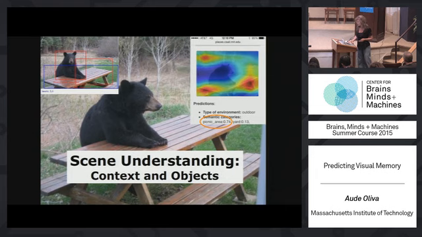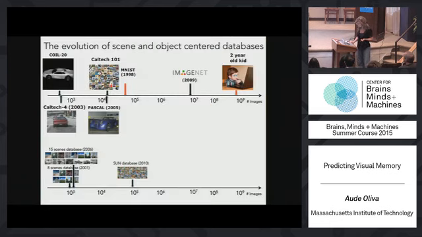And recently, we published a few papers for the other part of visual scene understanding, the place and the context. And this is an output of our system. And you can go on the web, I'm going to give you the address, and play with it and see the performance of recognizing the context and the place.